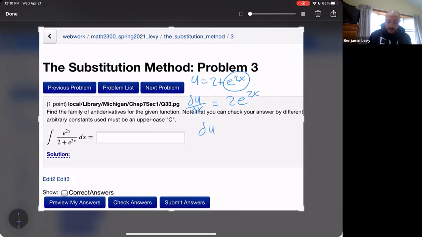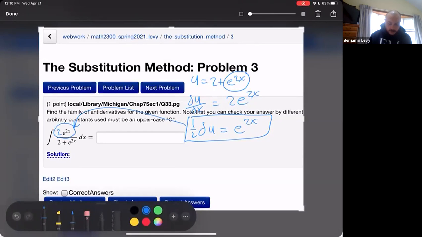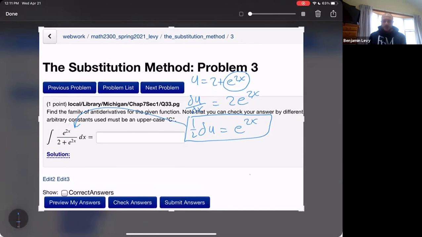Yes. So then you have du equals e to the 2x, and you move the 2 over to the other side, right? Because when I'm looking over at the original, there's no 2 here in front. And so that's what made me do that. Is that okay? You move the 2 over, kind of skipped a couple steps there. Is that right? Yeah.